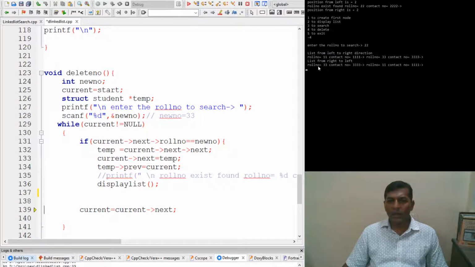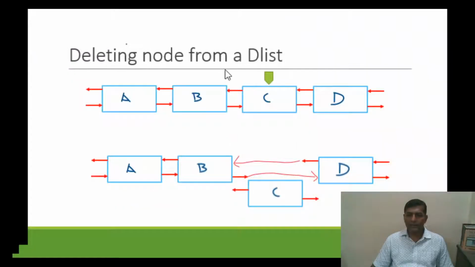The same way, from the list from right to left, from back to front, the roll number is 33 and roll number is 11. 22 is deleted from the list. So this is how we get the actual execution of the doubly linked list.